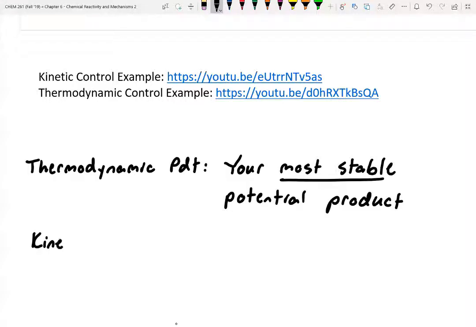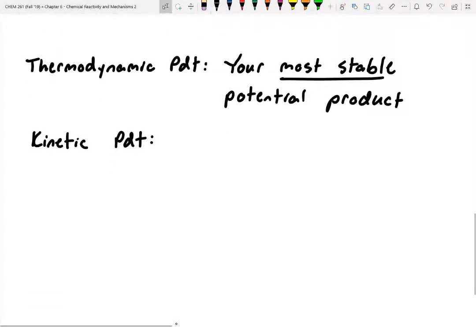Your kinetic product is going to be different. Your kinetic product isn't going to be your most stable product necessarily, right? What do we look at with our kinetic product? The lowest activation energy. So it's your pathway